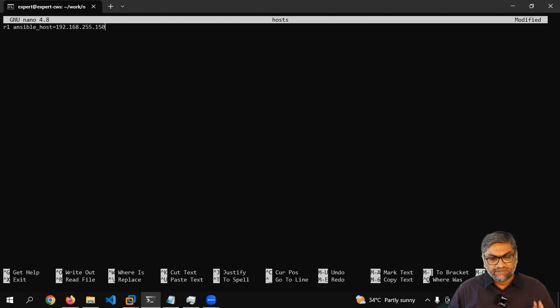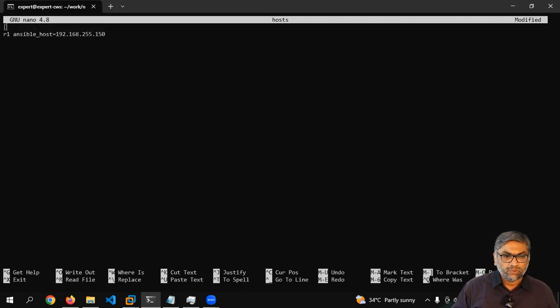Now you can either leave it like this, or you can associate a group with this. Right? Now this is a group of iOS routers. Right now it is only one, but let's say tomorrow you want to add more routers, you can directly add under this group. Now what is the advantage of having groups is,